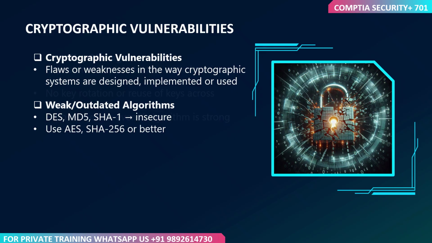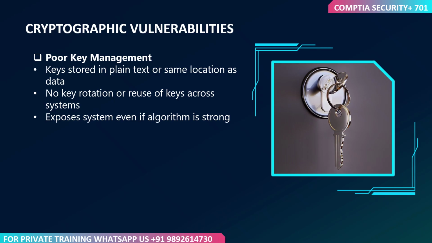be exploited. Then there's poor key management. This one's huge. You can have the strongest algorithm in the world, but if the keys are stored carelessly or reused too often, the whole system is compromised. For example, if an application stores encryption keys in plain text on the same server as the encrypted data, it's like locking your front door but leaving the key taped next to the handle. Another common mistake is reusing the same key across different sessions or systems. This gives attackers more opportunities to analyze the encrypted traffic and potentially recover the key through brute force or pattern